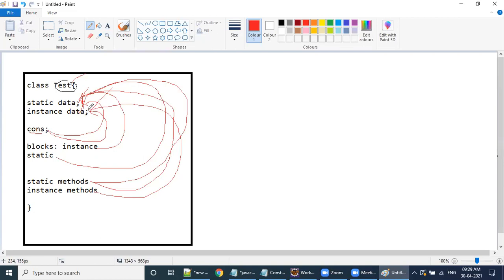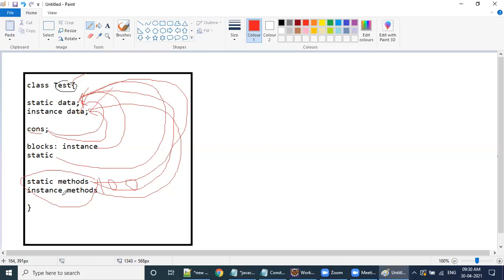So what is the actual need to access the data? See here, in your hand, suppose data is there. You want to perform some kind of operations, meaning some kind of logic. The best way, 100%, is to take the help of methods. It is always my first preference to keep your logic inside methods. Why? Methods do not execute automatically on their own. It is the developer's responsibility to call the methods wherever required. This gives more control to the developer.